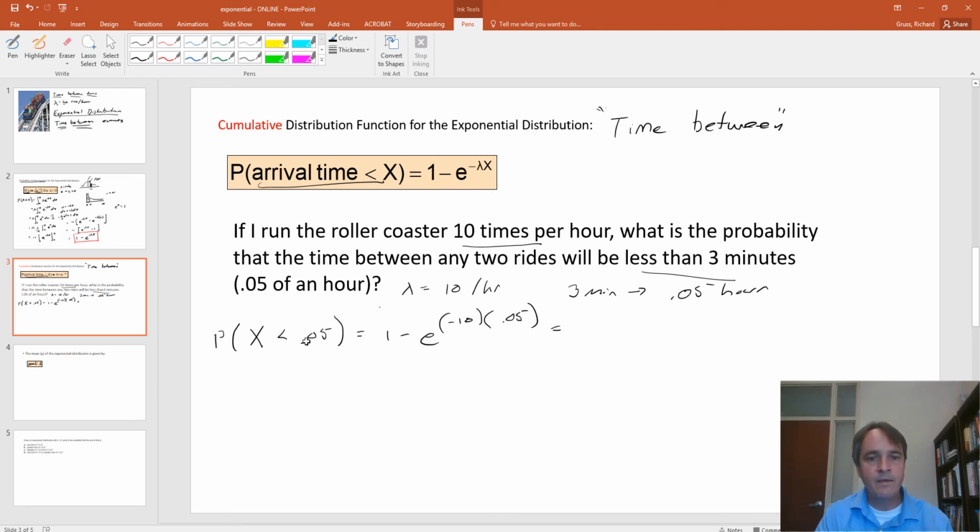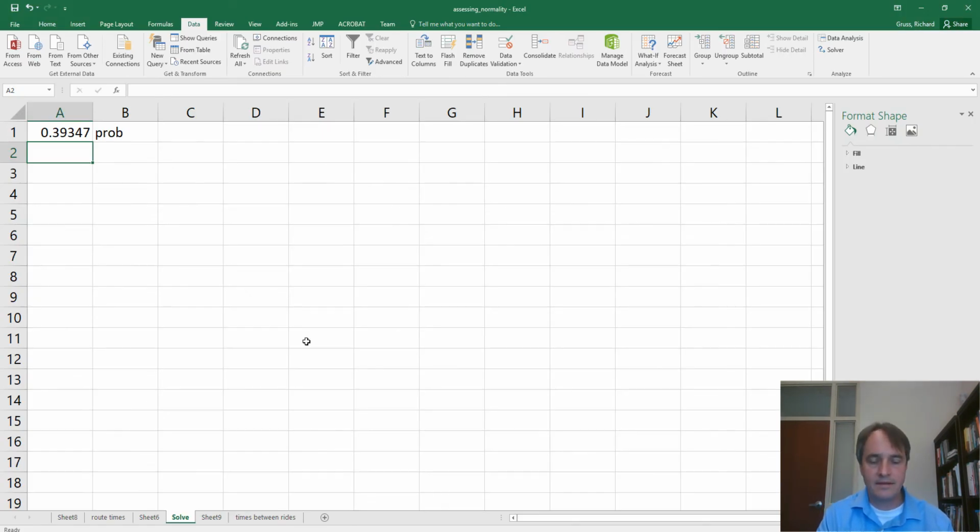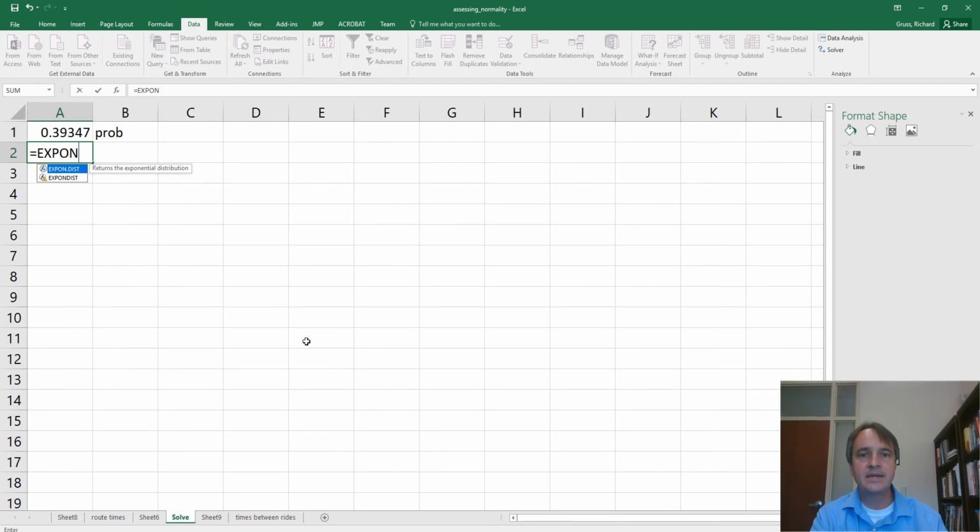Now, as always, I show you the formulas and the derivation, but of course Excel always has a shortcut, because in the real world you can just use these shortcuts. I introduce the equations and the derivations just so that you get an understanding of how they work. But of course we can calculate the same thing using a function in Excel, which is expon. Notice, not exp, it's